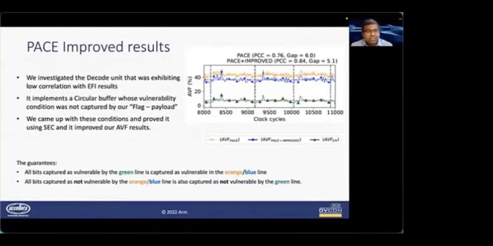And this was because there was a circular buffer implementation in some instances, whose vulnerability was not captured by the flag payload model that we have. And for that, we had to implement a different assumption and different hypotheses of the vulnerability. And when that was implemented, we were able to improve on the